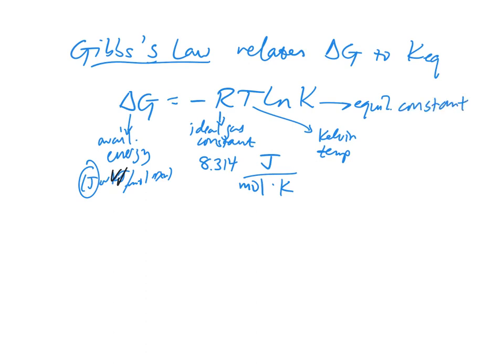And again, the relationship here is that when we have K greater than 1, we get a negative delta G. So a reaction that favors the products produces available energy in some form or fashion. So if we look at a sample problem like this, let's say that our sample problem is a familiar one,